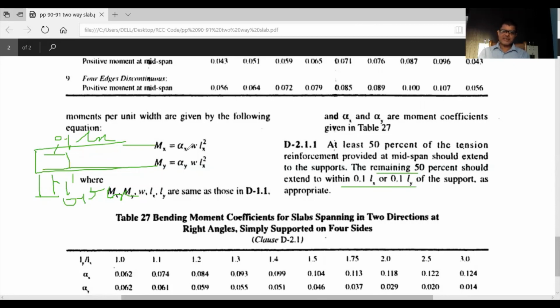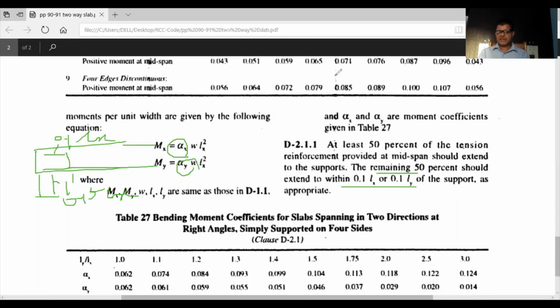Now these are all regarding the moment calculations for the simply supported slab. The difference you see between the restraint slab and the simply supported slab is that the alpha x and alpha y values are different, and no torsion reinforcement will be provided or required to be calculated in the case of the simply supported slab, because the corners are allowed to lift. And after this design for flexure, you can go for the design for shear, design for deflection, and design for development length, as it is done in the case of one-way slabs or beams.